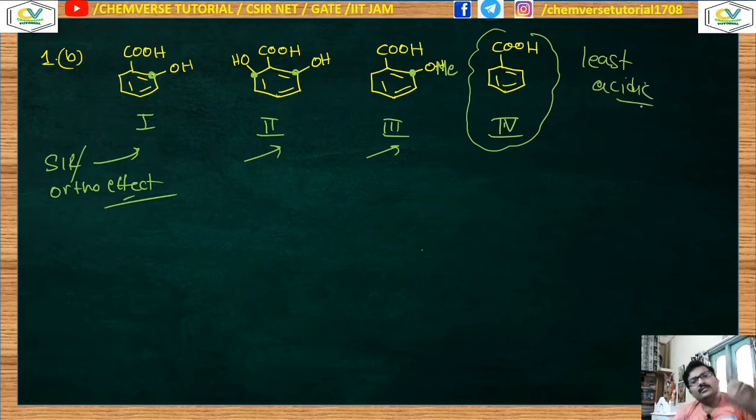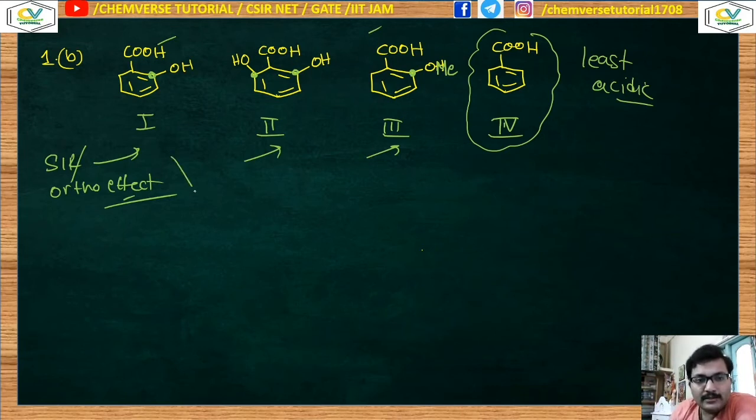The ortho effect means it actually drives the CO2H group to move out of plane, and that is why it cannot take part in resonance with the benzene ring. Ease of proton donation increases. But the matter is, what will be the order of acidity between these three? Suppose we compare 1 and 3. All of them have the ortho effect, so if there is any other effect operating, I have to consider that one.